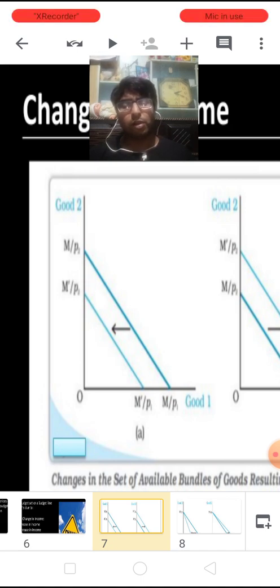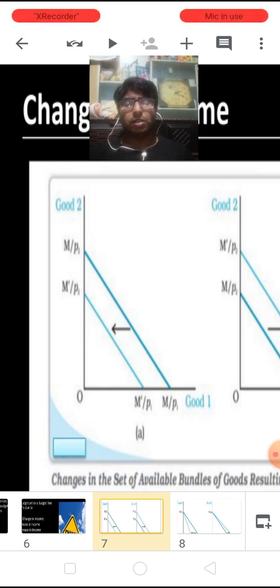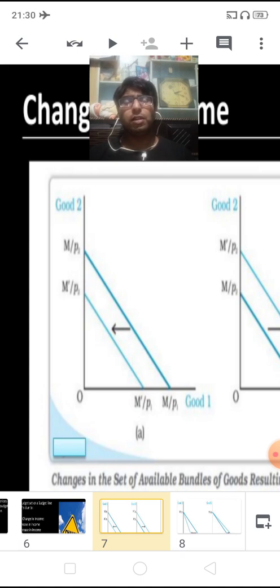If I have more income, then I can consume more of both the commodities. Now suppose my money income reduces, then I should avail less of both the commodities. So in this way the budget line will shift leftward, and this second budget line, which is represented with m1/p1 and m1/p2, is known as the new budget line, which is drawn as the consumer's income fell down.